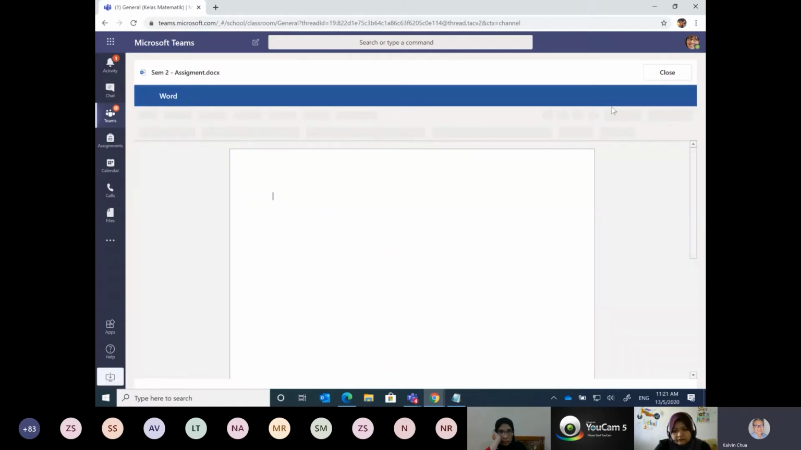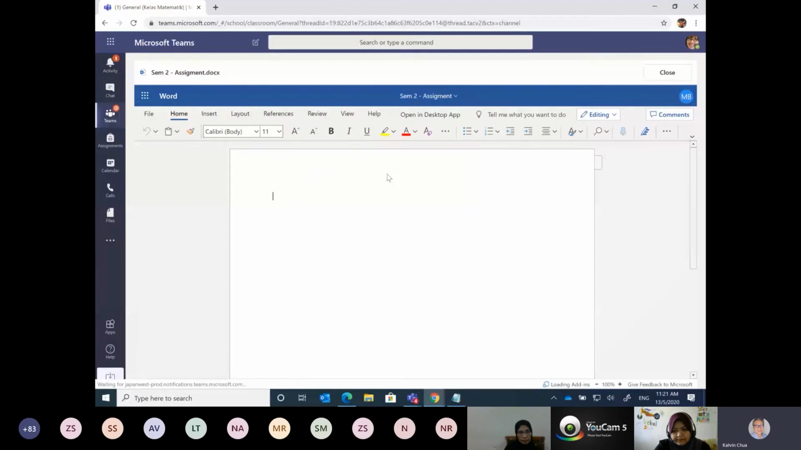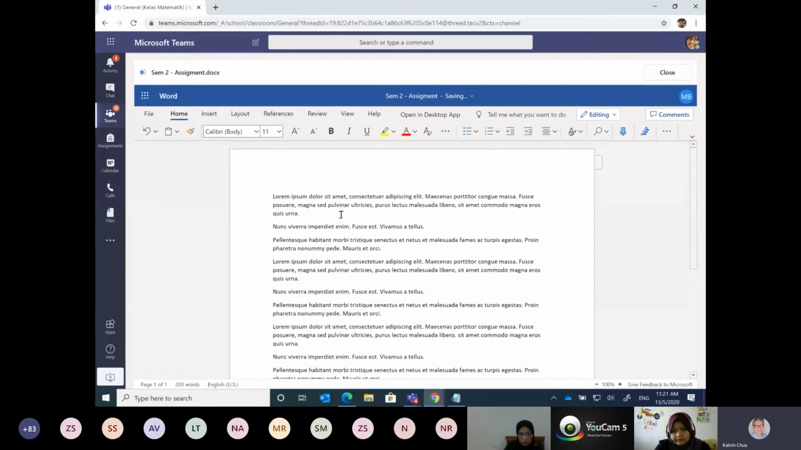So when I click on edit in browser, dia akan open in Teams. Okay, maksud dekat sini I boleh masukkan whatever questions that I want to add in. Okay, so let's say this is all the questions. Okay. Then after that, what I need to do is, normally bila kita buka access documents dekat Microsoft Word, kita